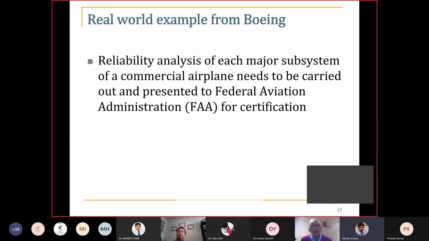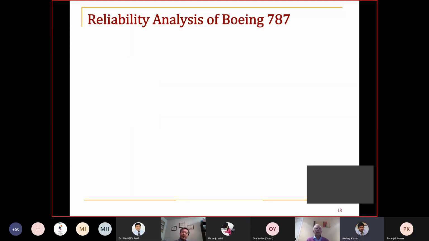So this is a real world example from Boeing Commercial Airplane Group. Each time a new plane is developed, reliability analysis of each major subsystem of that plane needs to be carried out by Boeing and presented to the Federal Aviation Administration for certification. Now, most of the time,